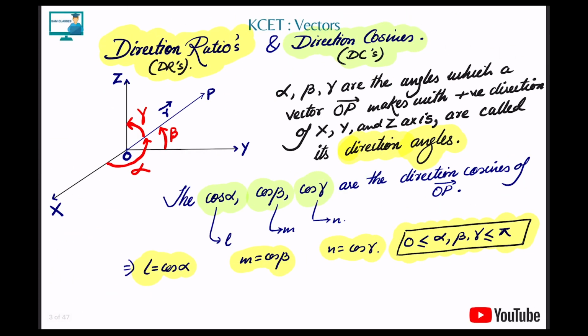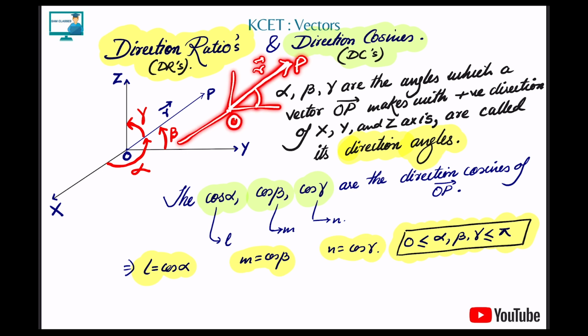Now coming to the main concept, direction ratio and direction cosines. What is basically a direction ratio and what is basically a direction cosine? The concepts are very simple. Don't complicate it. Let me draw it and explain. Let's say we have drawn a line or a vector. This OP is a vector, let's say the vector R.